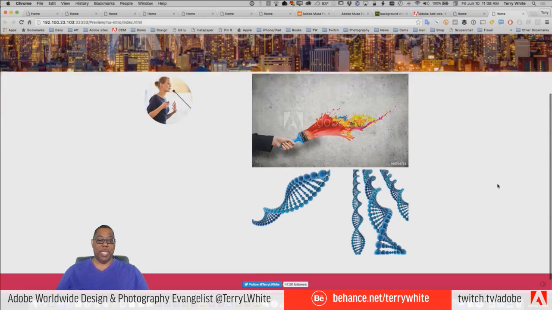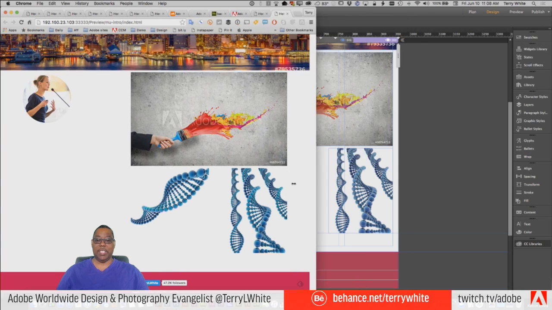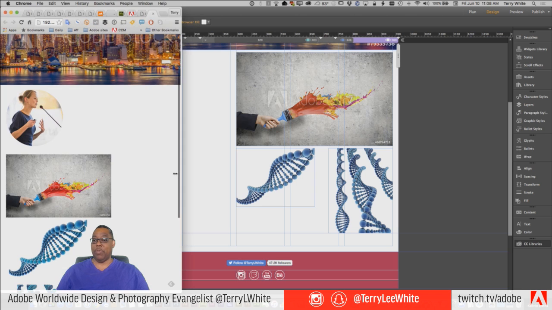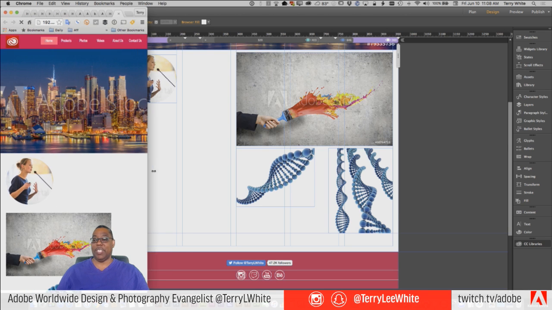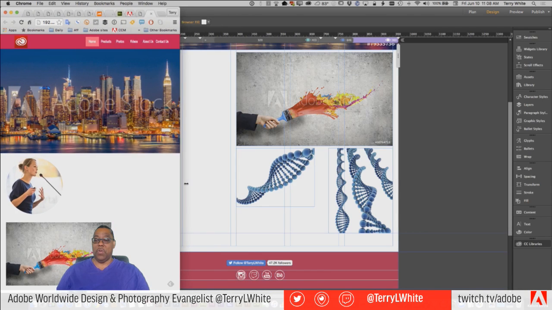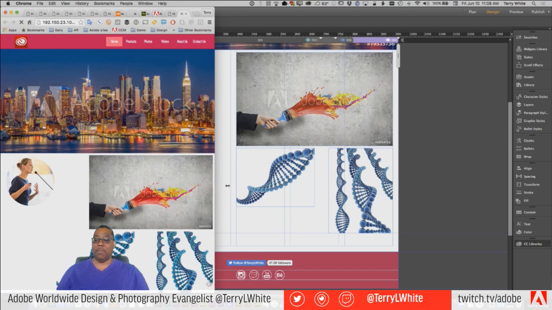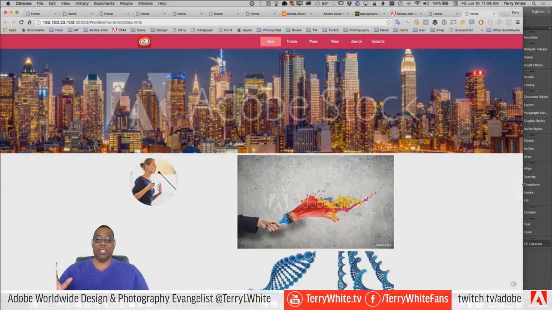Okay, so we got our page in place, and again, we're looking at it the way we set it up. It's not going to do anything until I hit 960. Once I hit 960, things start to scale, things start to shift, and then once I hit whatever that other breakpoint was, things start to move around and move over. She's still scaling. We can turn that scaling off or not. We can turn that scaling on or not. It's totally up to you. So not only can you change what happens from a position, location, scaling aspect in a breakpoint,